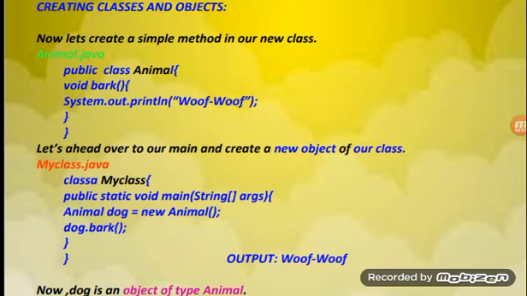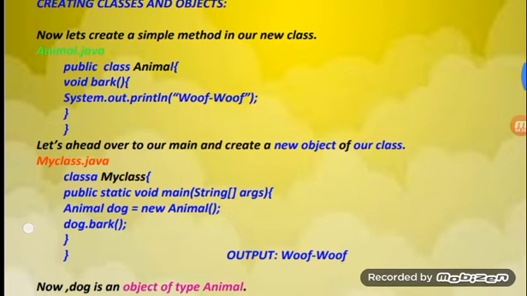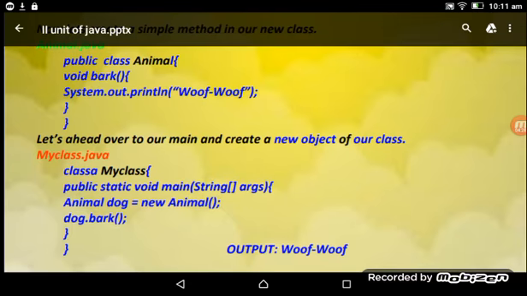Whenever you want, in System.out.println you can take an animal or any sound. It gives output like that. This is creating classes and objects by using new objects in our main and creating a new object of our class.